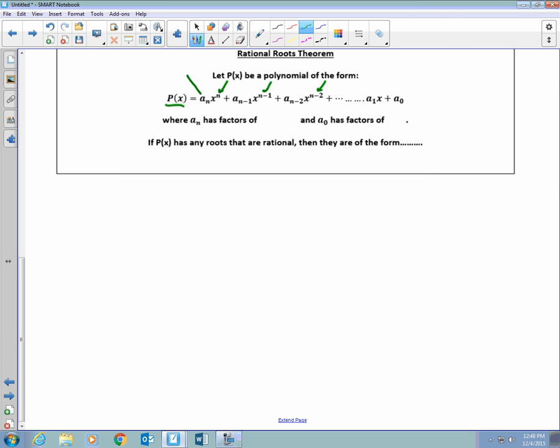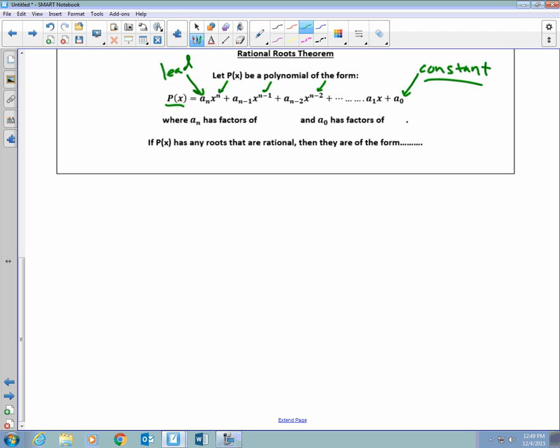And really the important coefficients are the first one, so this is your lead coefficient, and then your very last one at the end, a sub 0, would be your constant. If you ever see this notation in a book, that's just expanded form for writing a polynomial. And so let p of x be a polynomial of that form where a sub n, the lead coefficient, has